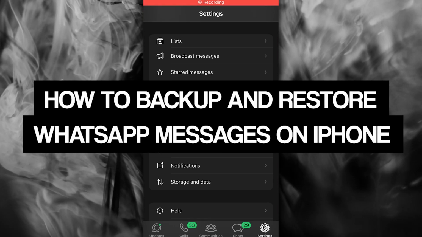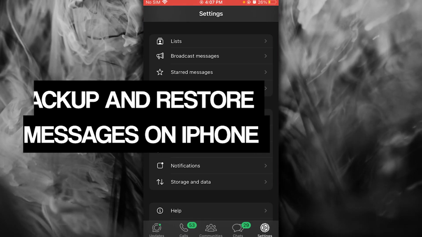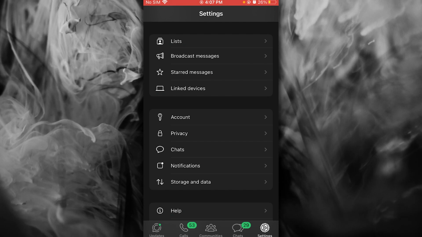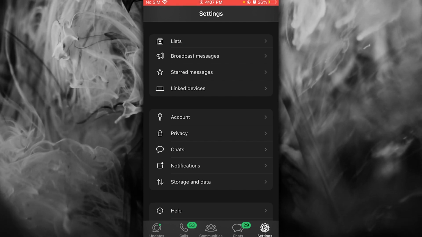How to backup and restore WhatsApp messages on iPhone 2025. In this video, we're going to be quickly talking about backing up and restoring your WhatsApp messages on your iPhone,